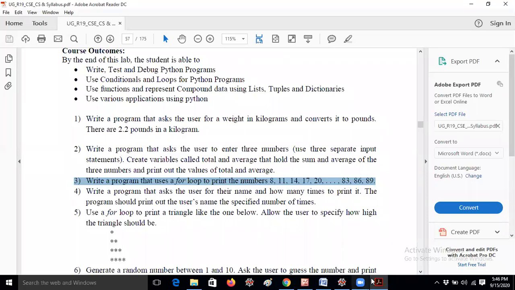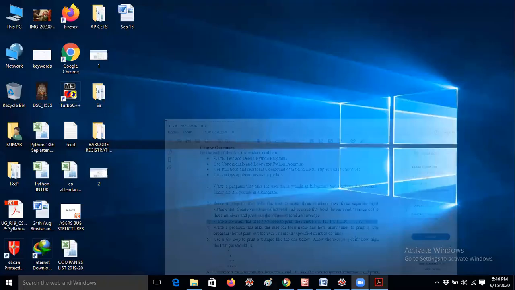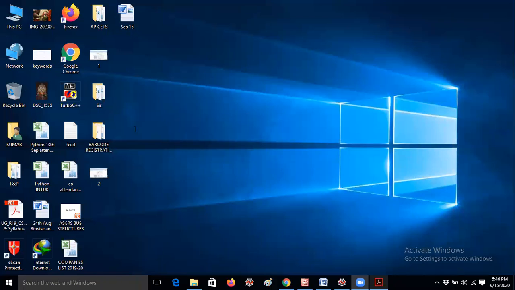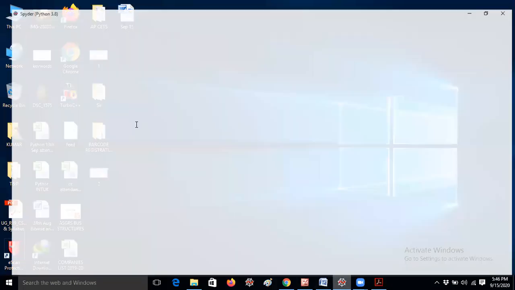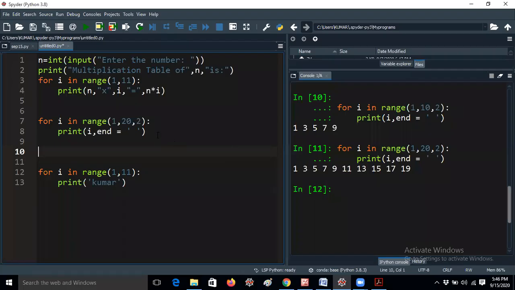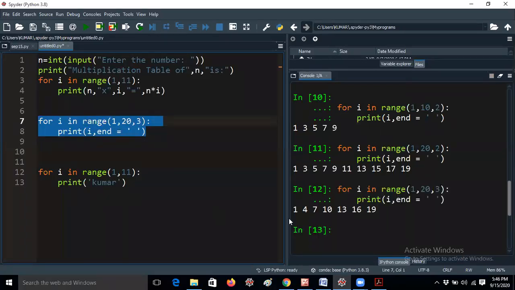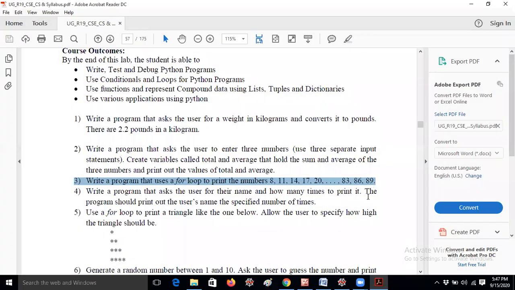If you would like to skip 2 numbers, what do we have to do? Just now I discussed this here. If I am giving 3 here, I am just giving a step count to help you understand. Now I am getting 2, 3 is not coming, I am getting 4. I am not getting 5 and 6. This is the same question, but you should start from 8 and complete by 89.